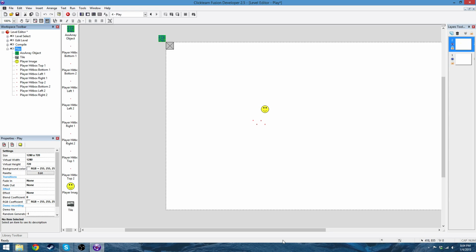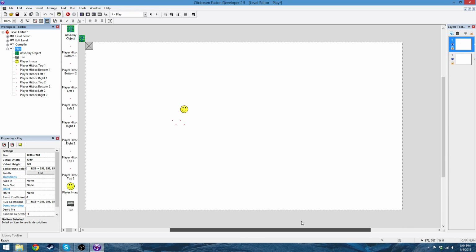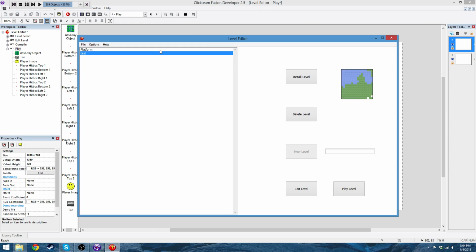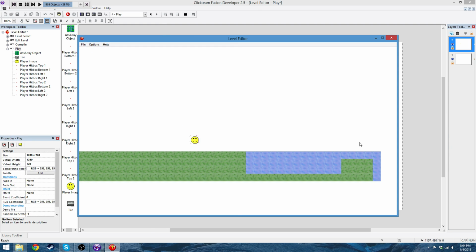Now, there's one thing that we have to work on, and that is scrolling, because as you saw, if I play my platforming level, if I go all the way over here, the screen doesn't scroll, which is not good, because if the screen doesn't scroll,